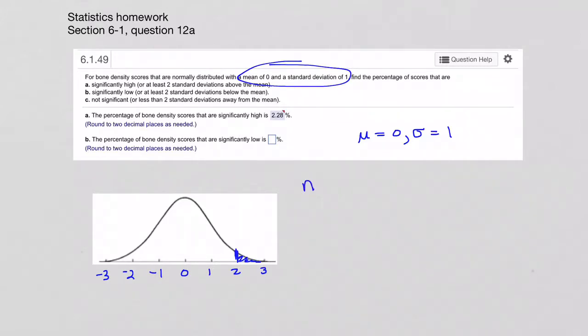So how am I going to put this in the calculator? I'm going to do normal CDF, and then I put in my left-hand boundary. So on the left, that would be 2. On the right, we're going to infinity, so that's 1e99. And we can type this in by pressing 1, and then